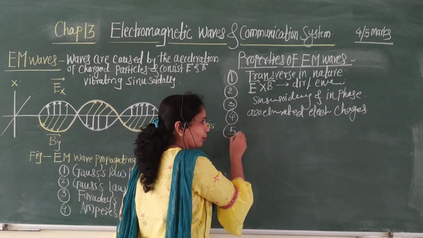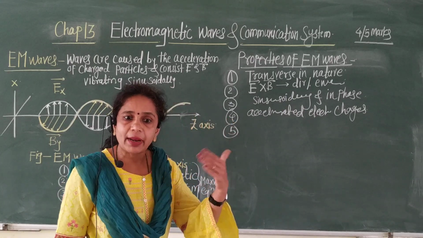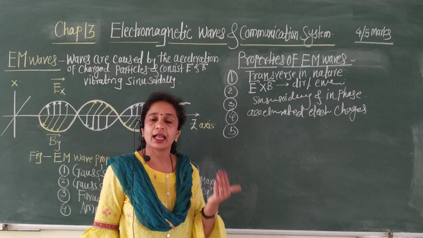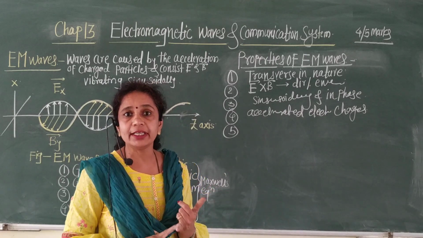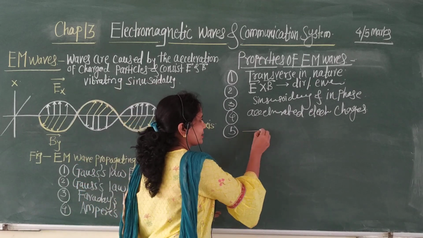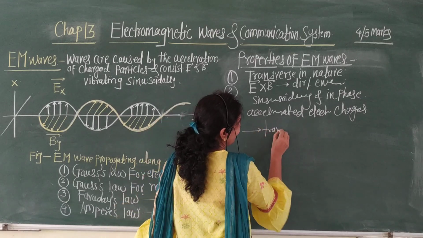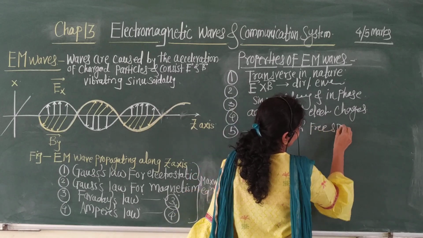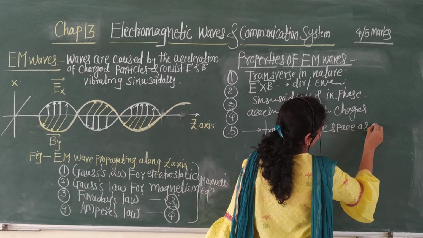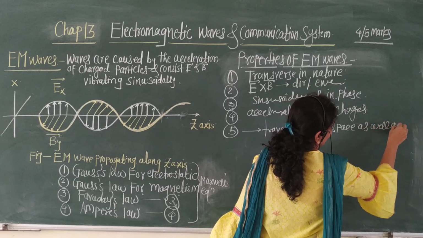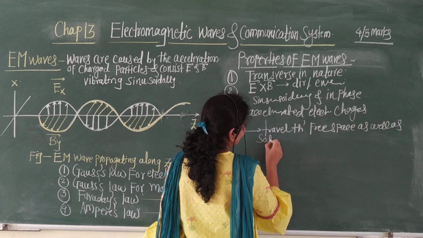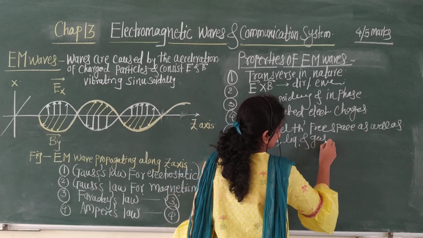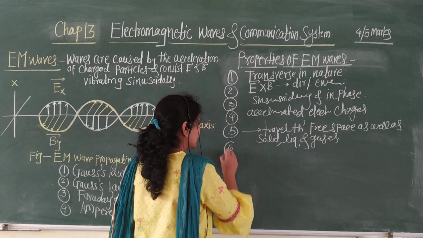Then fifth property, the electromagnetic waves can travel through free space as well as solid, liquid and gases. It travels through free space as well as solid, liquid and gases. Sixth property,